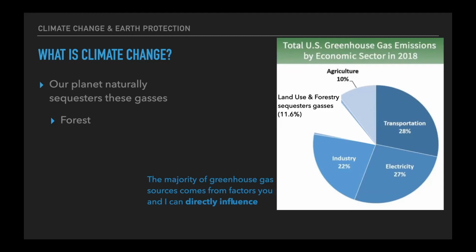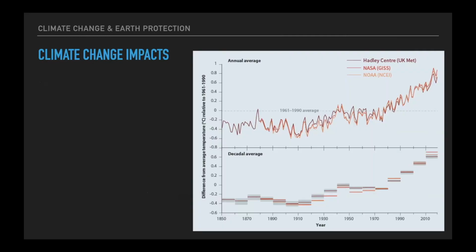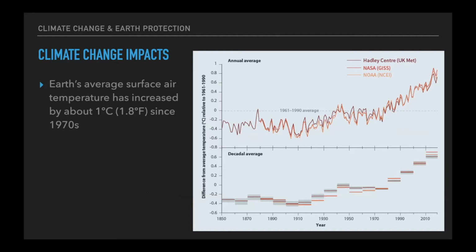And so this happens in two ways. We hear a lot about trees and how they consume carbon dioxide, for example. But the ocean is also a really great natural sequester of primarily carbon dioxide, but it will also sequester methane as well. So we have some things that are working on our side. When we think about the problem, we should think about the things that are beneficial here and how we can exploit that. Now we're seeing this increase in temperature that's happened really since the 70s. If you look at this graph on the right, we're looking at the average temperature over time. And this is just measured by a couple of different places.